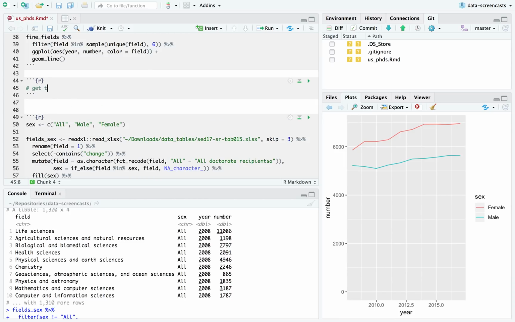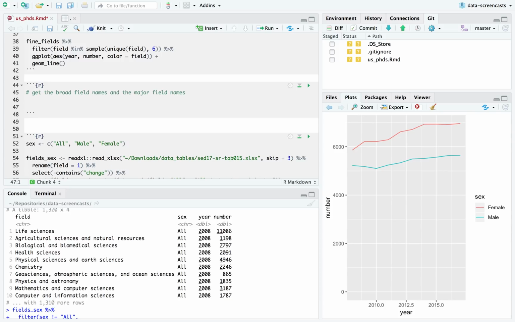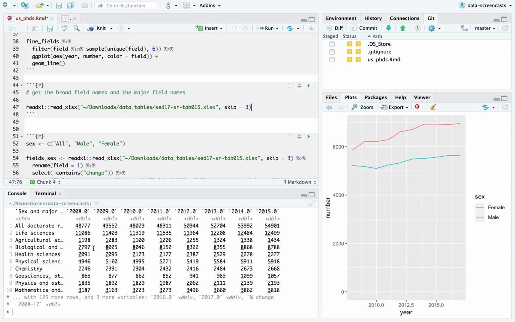I'm like, get the broad, major, and subfield. I'll say actually broad field names and the major field names. I need to get those out if I'm going to have a hope of separating them, because again, I've lost the indentation information. So what I'm going to get is, if I read this, looks good,